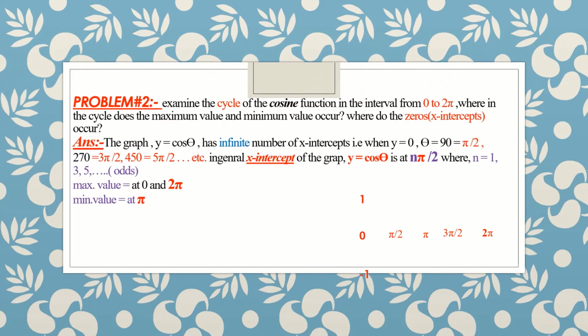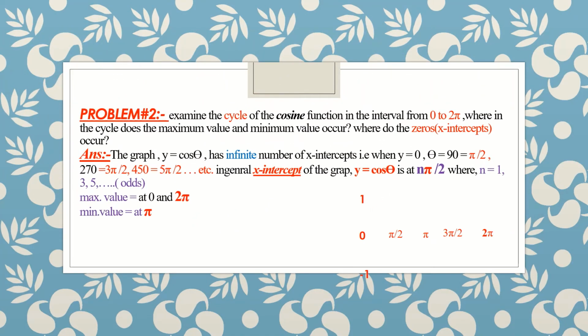Example number 2. Examine the cycle of the cosine function in the interval from 0 to 2 pi. Where in the cycle do the maximum value and the minimum value occur? Where do the zeros or x-intercepts occur? By the way, the zeros means x-intercepts. Alright, the graph of y equals cos theta has an infinite number of x-intercepts. That means when y is equal to 0,